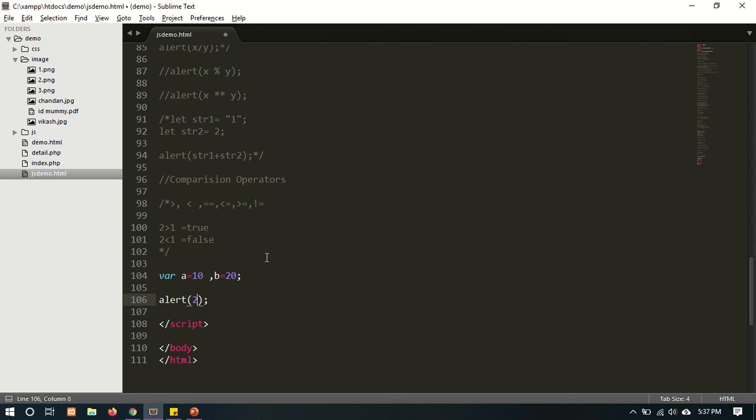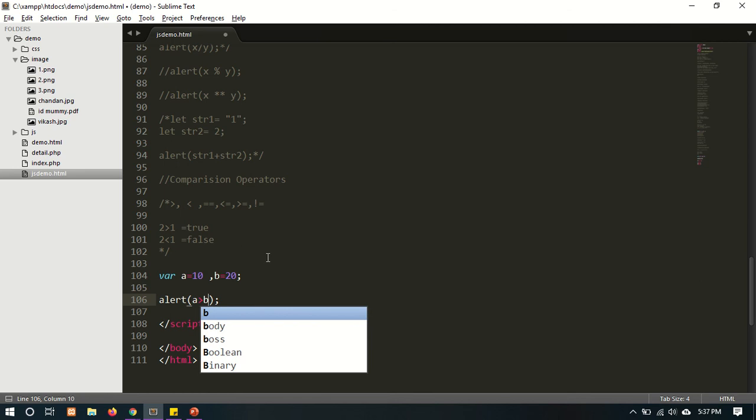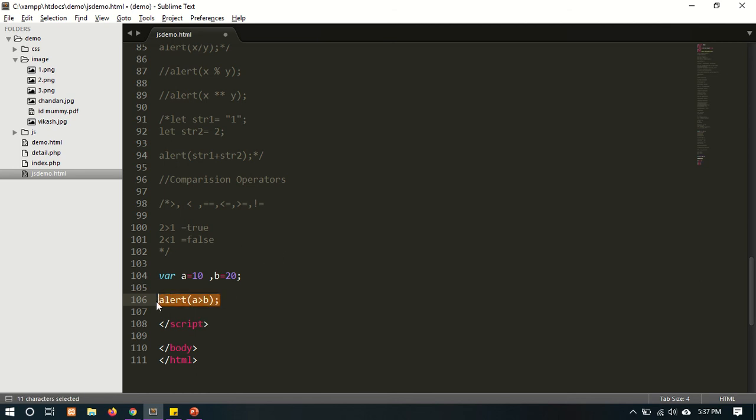Alert, a is greater than b. Just copy this, a is less than b, and just check.